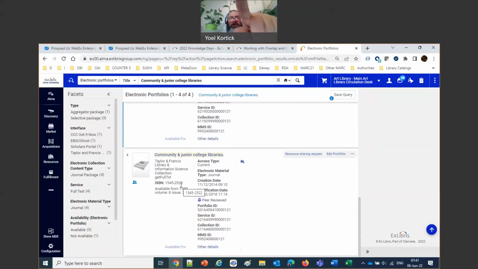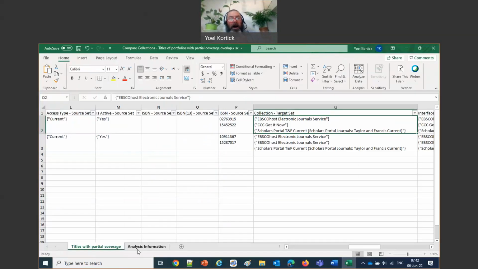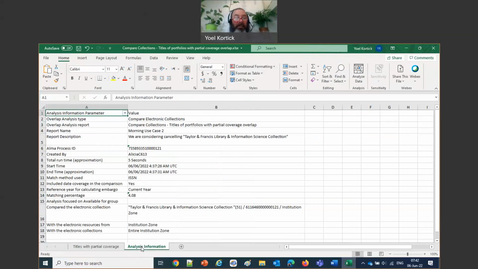I see there was a question. I want to look at the second file first before I get to the questions, just to keep this flow going. By the way, the downloaded file also has a tab here with the analysis information, so I know how